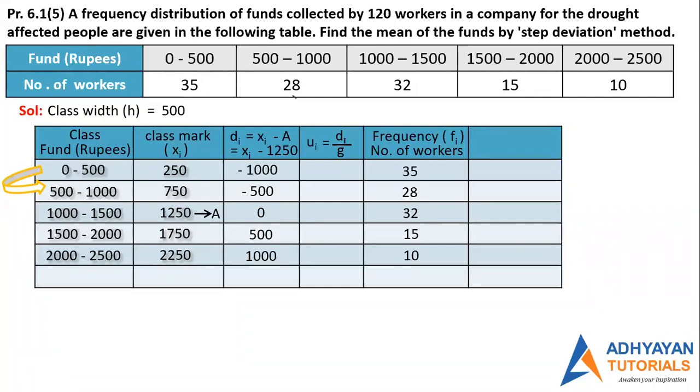Now, how to write ui? I am going to tell you a beautiful technique. Don't use the formula. The easiest way is to write the ui column. Listen carefully. Look at the di column and write. Always write 0 in front of A. Everybody knows how to write the counting numbers, 1 2 3 4. Below 0, keep writing 1 2 3 4, as far as it goes.